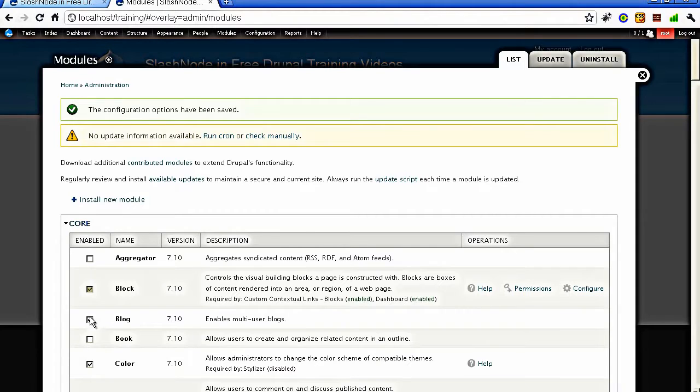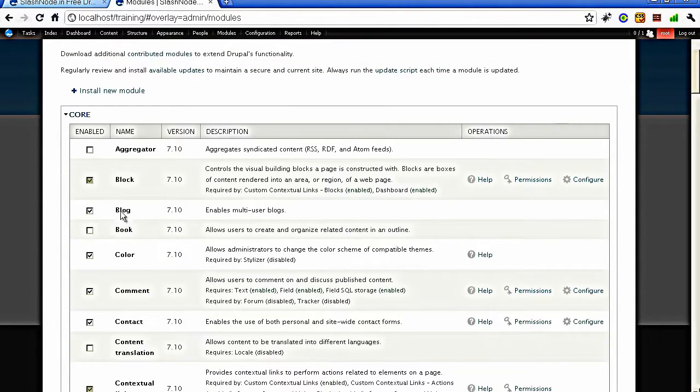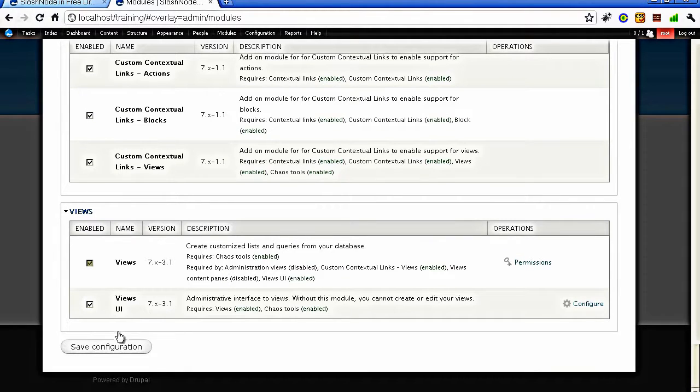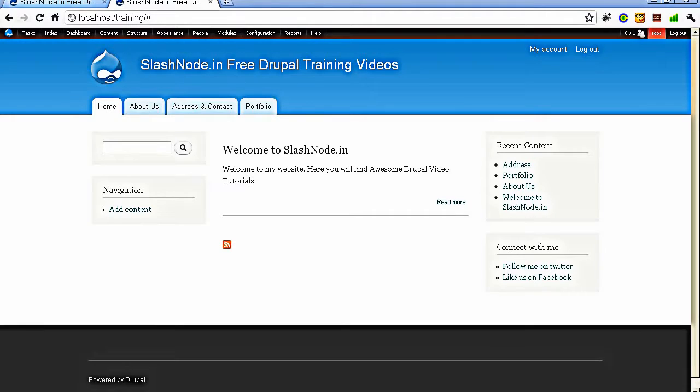All you need to do is go to the module section and enable this module here, and let me now save this configuration, and this is it. This is all you need to do for enabling the modules. Very simple thing to do. You don't really need to download any module. You just need to enable the module that comes with the Drupal core. Okay, so now our blog module is enabled.